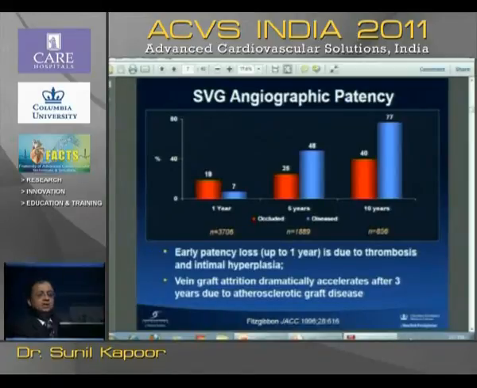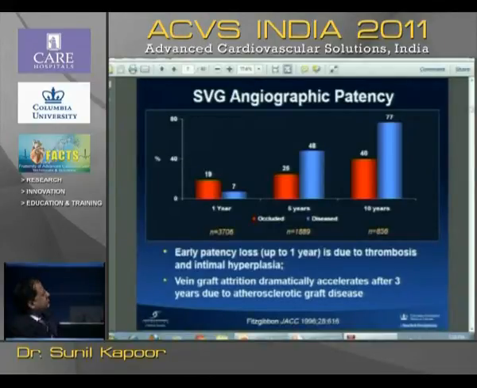And echo is done only at the end of 3 to 4 days, where you find the patient has LV dysfunction, which was not there before. And that is also taken under shelter. There's a post-bypass phenomenon, a paradoxical motion of the septum and things like that. So one must realize that we are fighting a battle with the surgeons, and the surgeons' faults are going undetected. The problems are going undetected. And for every 1% of thrombus or things like that, we are penalized. So this is a graph I think all of us should keep in our computer and keep repeating in front of the surgeons in surgical meetings, because this is hard data.